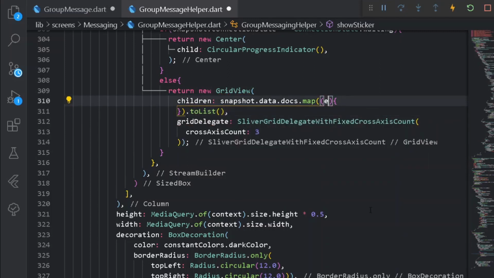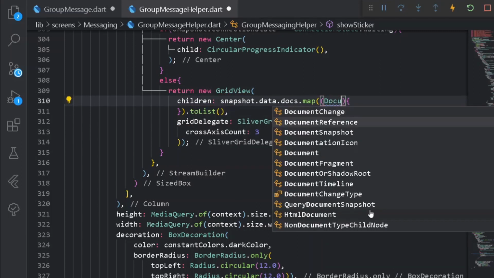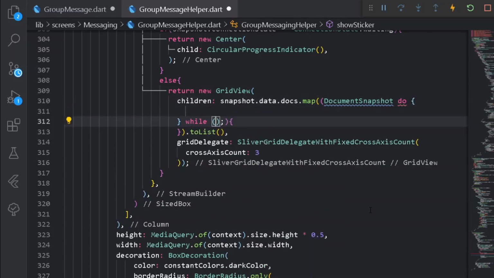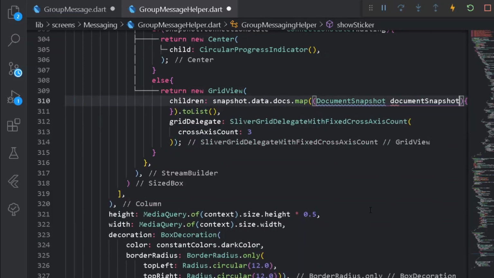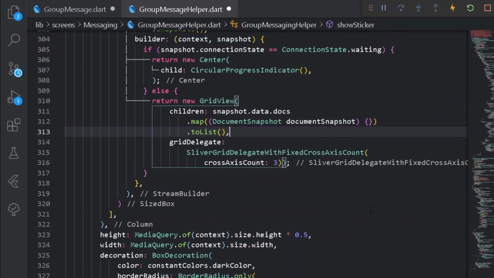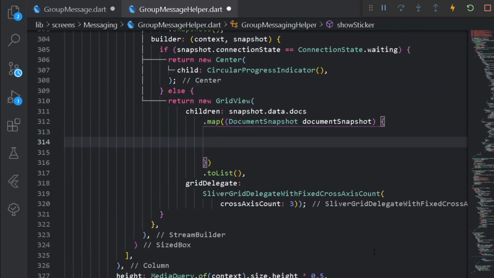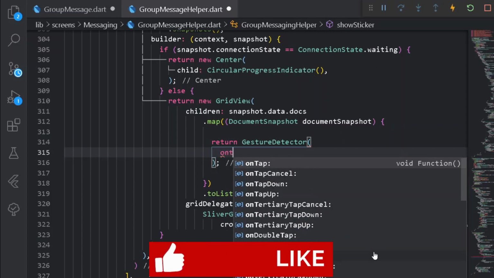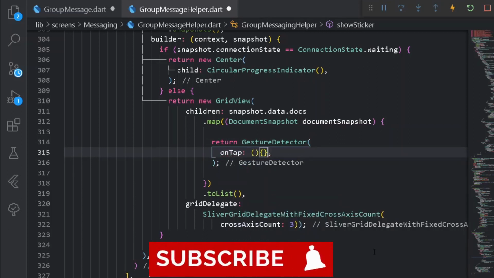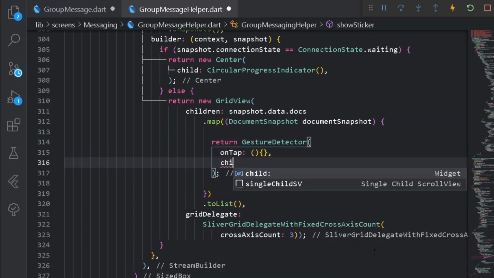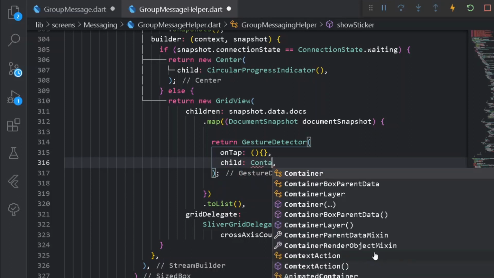Let's remove this and have a DocumentSnapshot, easy thing. So format document once. Under the entire children of our GridView, I shall simply return a GestureDetector. Under the GestureDetector, let's have the onTap property be null for now, and let's have a child. As child I can have a Container.